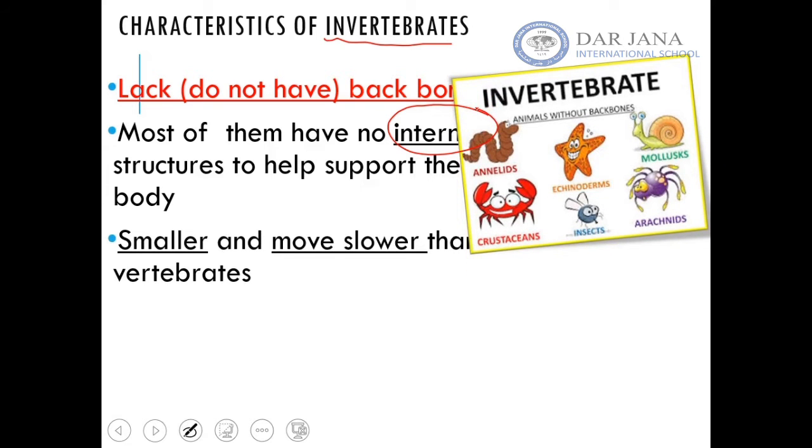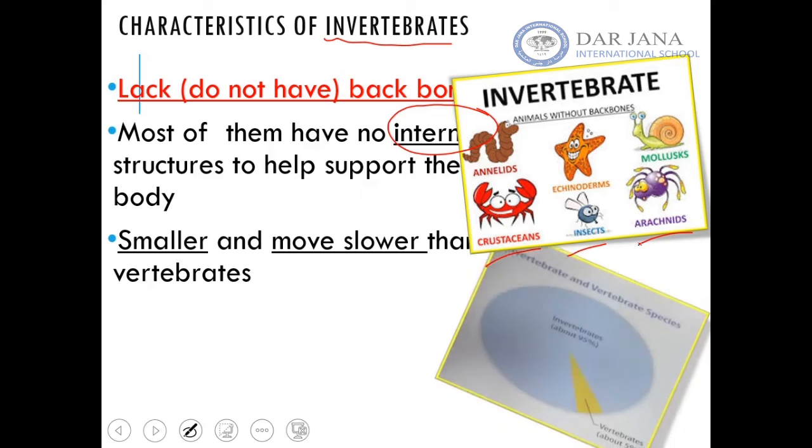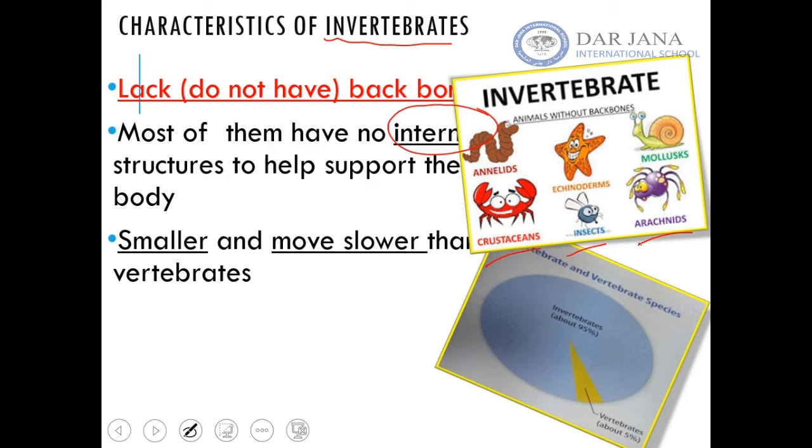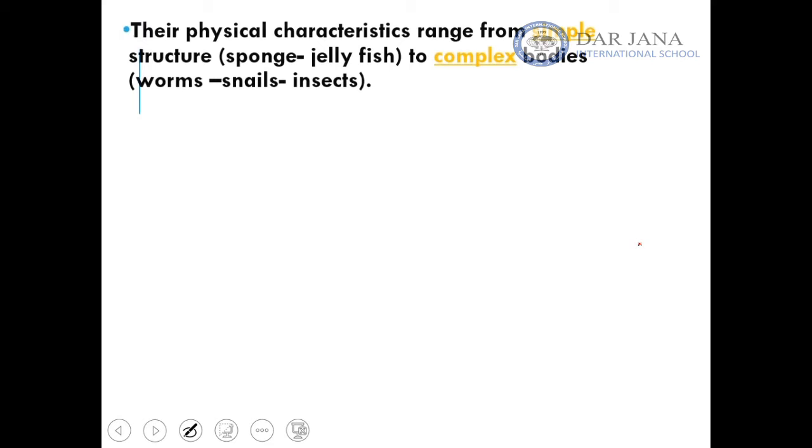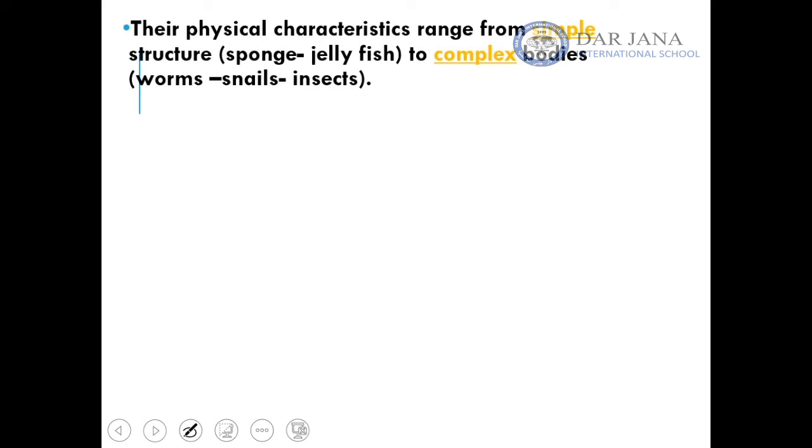Some examples of invertebrates are the annelids, echinoderms, mollusks, crustaceans, insects, arachnids, and so on. So here we have a few of the invertebrates. Invertebrates represent 95% of the animals discovered, and only about 5% of these animals are vertebrates. So they have different